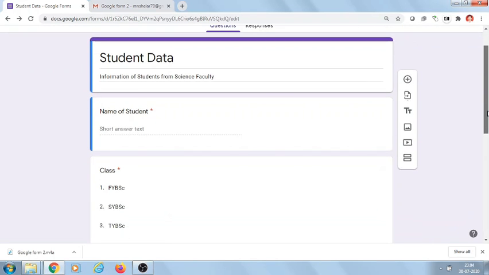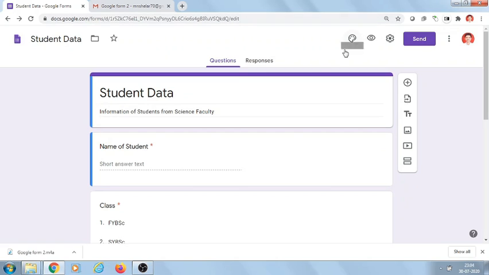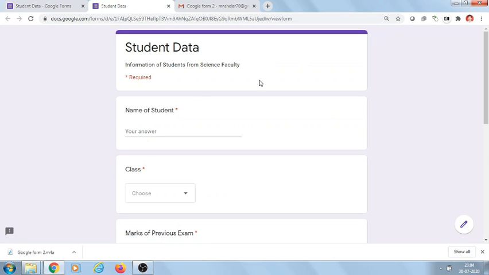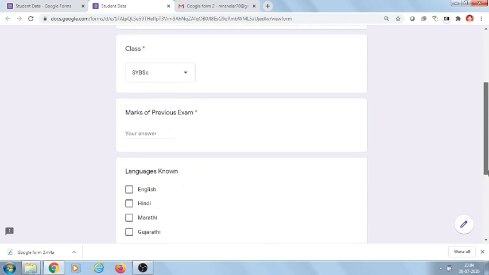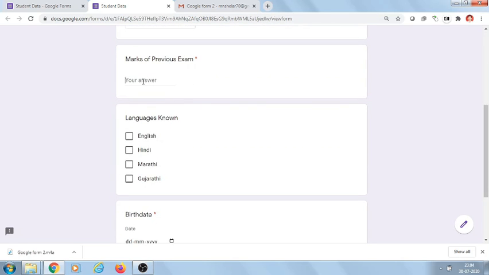After adding these questions, you may preview that form by clicking on this preview button. Let us enter some sample data. Name. We select a class from the given classes drop down. Marks of the previous exam, it must be numeric.